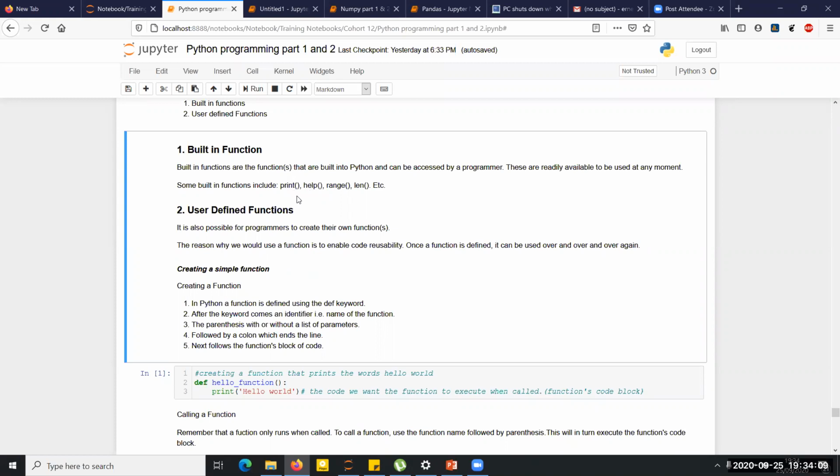Were it not for functions, for us to have any information displayed to us, for us to perform the print operation, we'd have to write around 10 lines of code to implement that operation of printing data onto our screen. What happened is that the people who were coding Python created a print function with its code block in it. They made it possible for anyone who wants to print something